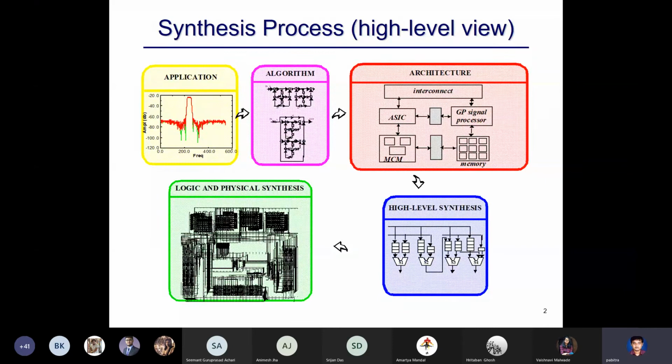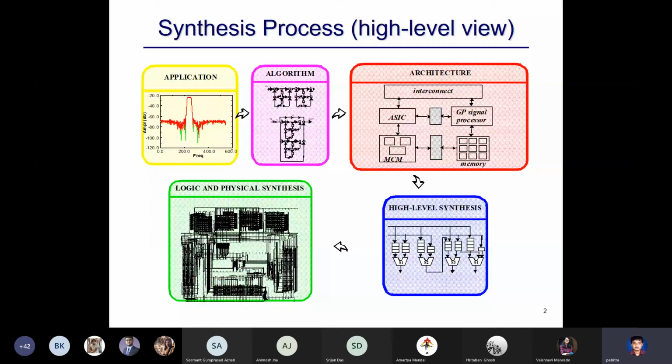You first have an application problem in mind, which has some requirements specified. And then you have an algorithm, of which you have already seen many examples, say the lift controller and other things. You have a set of steps or a set of processes that you should follow. And then you have an architecture.